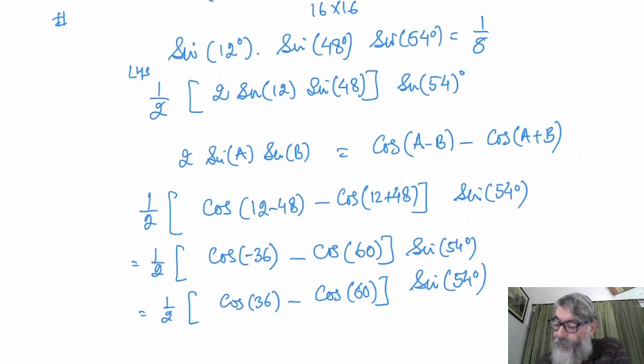It will be 1 upon 2, cos 36 is root 5 plus 1 upon 4,